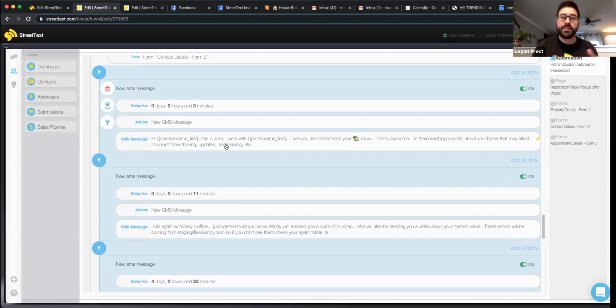If you go down to where the texting starts here, you'll see contact name. Obviously, that's going to pull in the contact name from their lead form. This is Julie, I work with, whatever your name is. So you can even take the profile name first, remove that and put in your own name. I've been finding that's more likely to help that first message get delivered. The fewer,